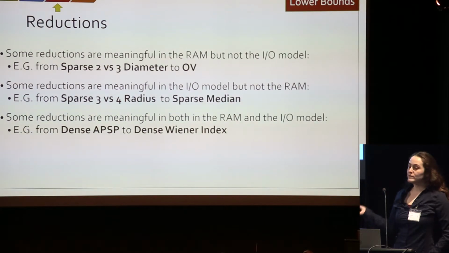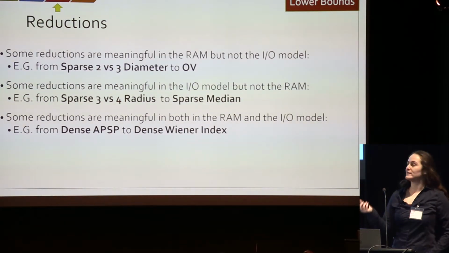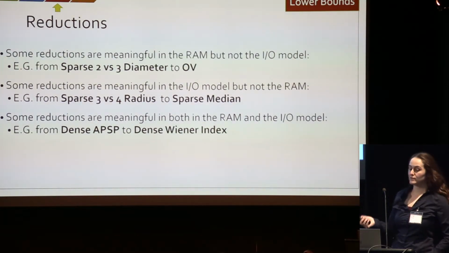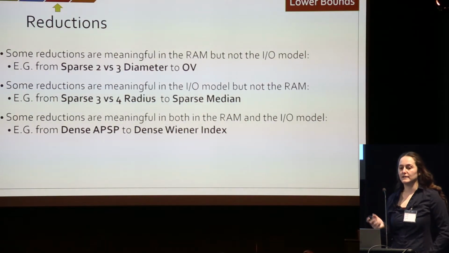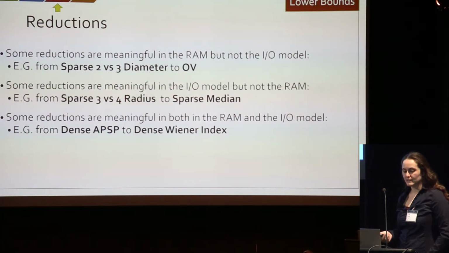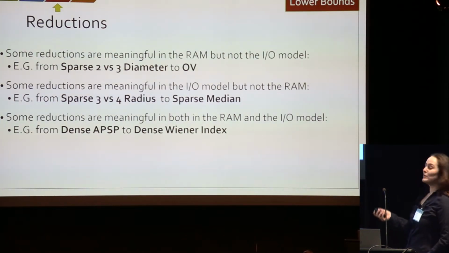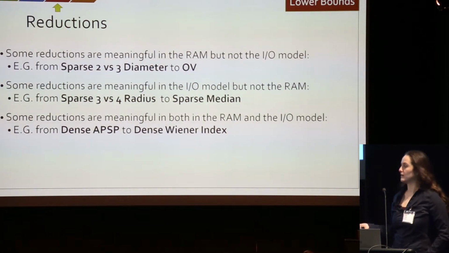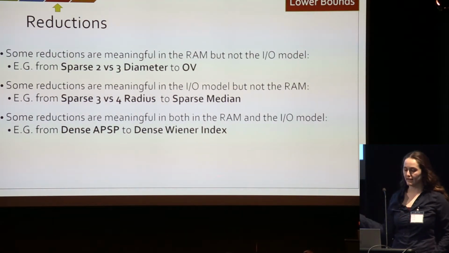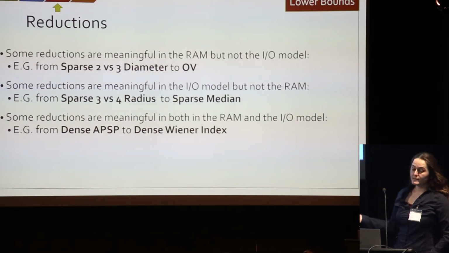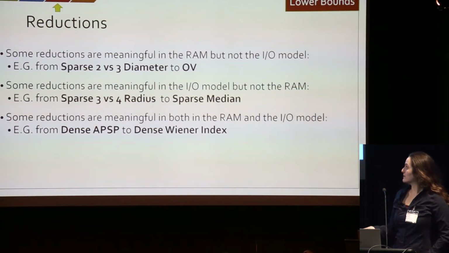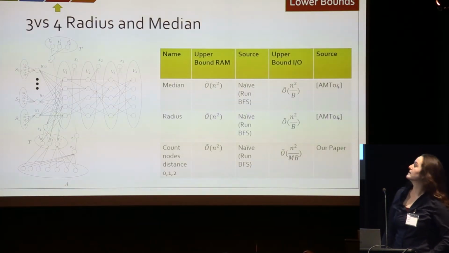And if you use something that's faster than it ought to be to go between two algorithms that are slower than they ought to be, you can get a slower running time. But it also turns out that a bunch of these reductions just work in both. And you can connect a bunch of these dense graph problems to each other. We'll talk about that in a little bit. But first,